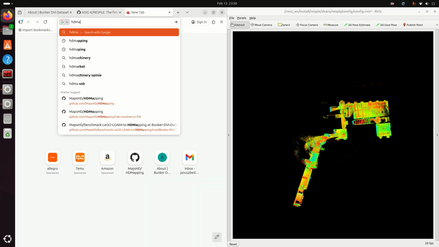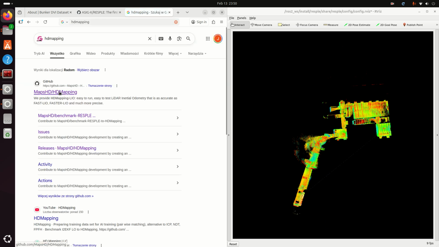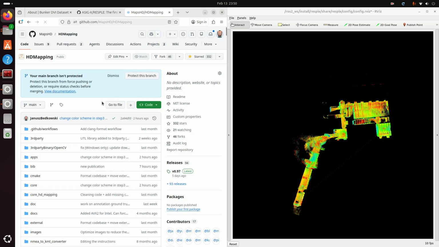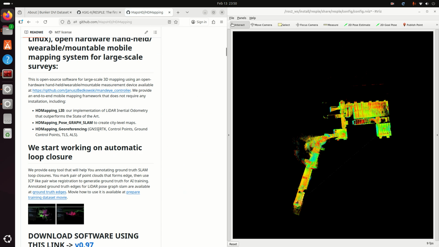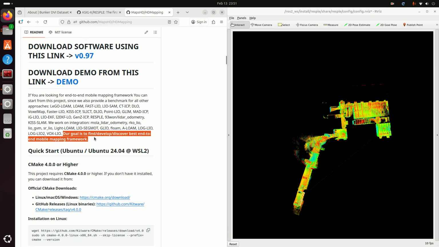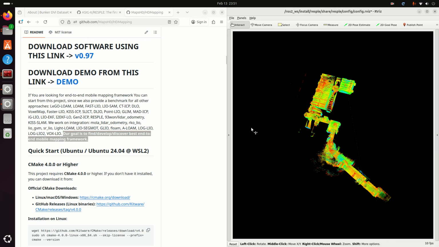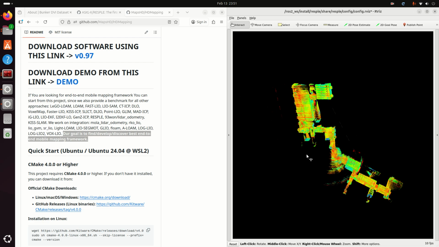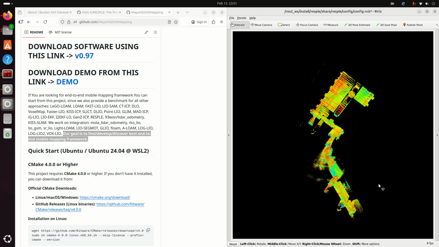So, the goal of our project is mentioned here in the beginning. The goal is to find, develop, discover the best end-to-end mobile mapping framework. So we are focused on the best one. We are focused on looking for or developing or making